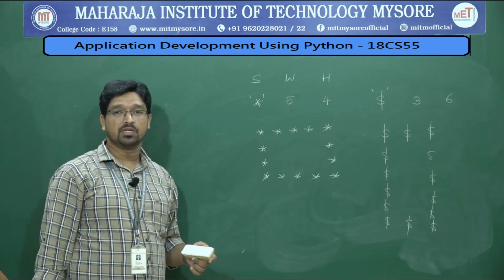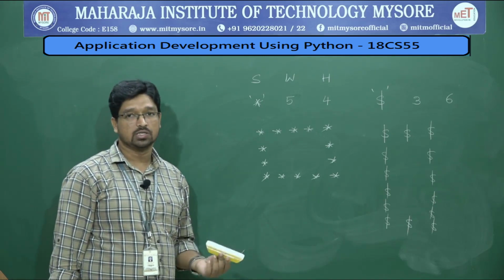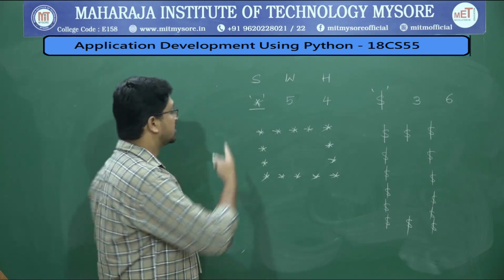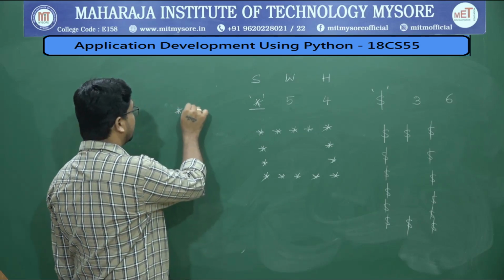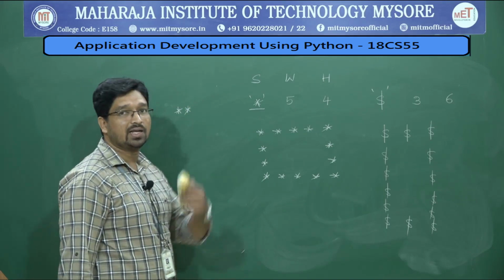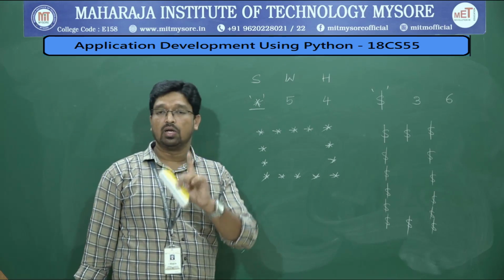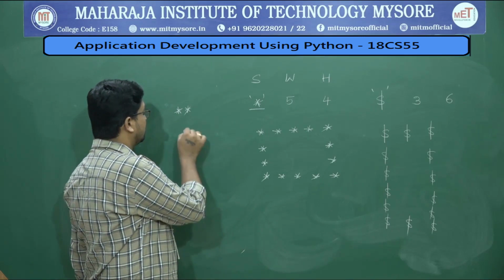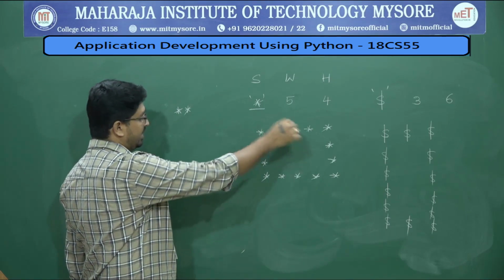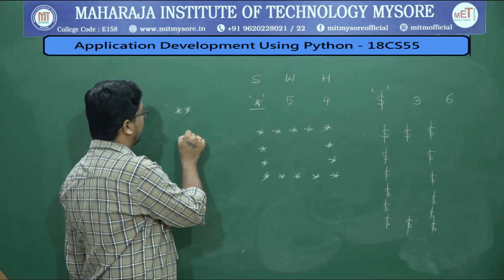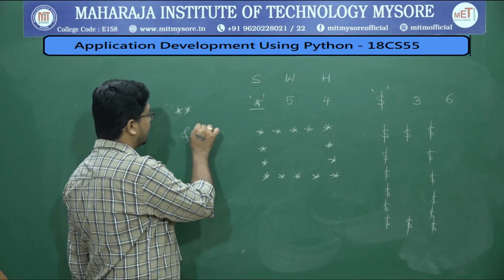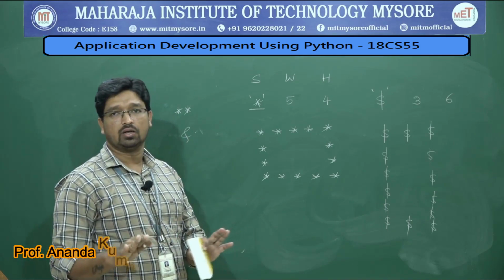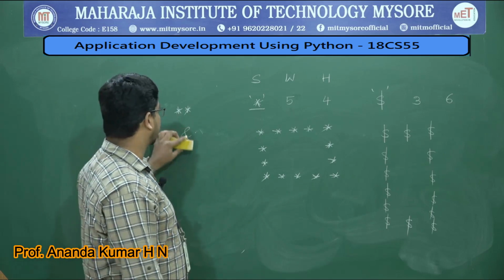So where to raise an exception? Now you need to put your own conditions saying that you need to have only one character. If the user enters 2 characters, let us say if the user enters 2 stars to be printed, then you should raise an exception saying that you should enter only 1 character. Understood? Let us say if the user wants the symbol to be printed on the border as ampersand symbol and cap, then it's an error. If you consider only one symbol, it is okay. No need to raise an exception. That is the first thing.